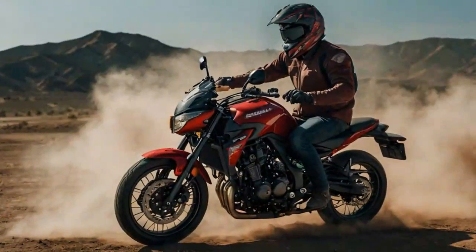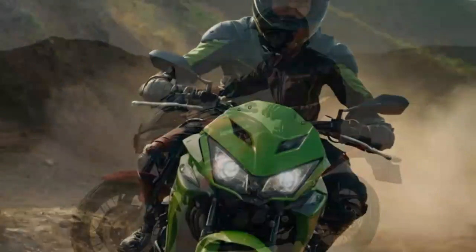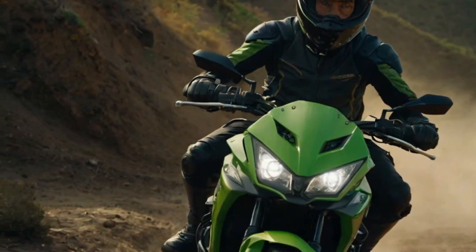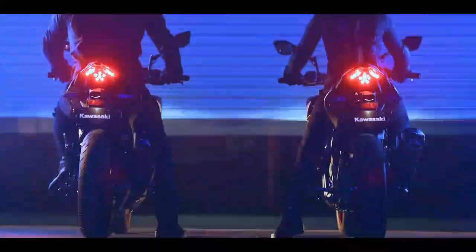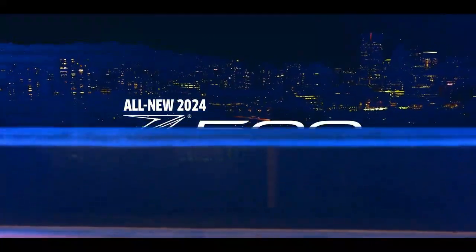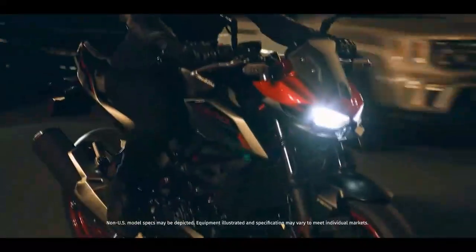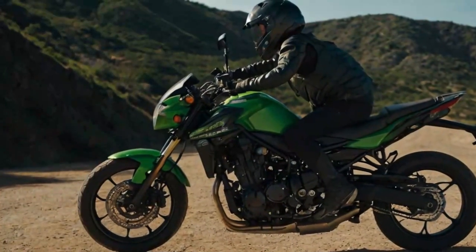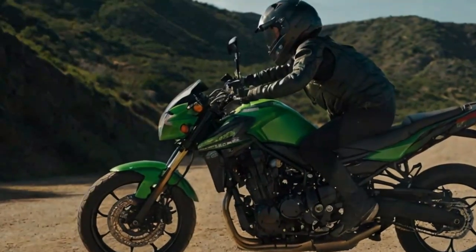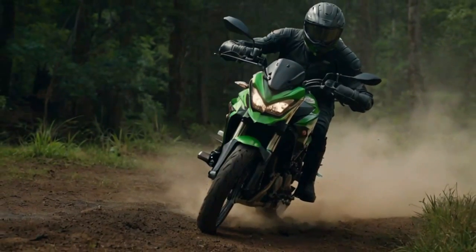Value versus rivals. The closest rival to the Z500 is undoubtedly the Honda CB500 Hornet, the artist previously known as the CB500F. It's telling that the Z is only a few hundred quid less than this hugely popular bike. Clearly, the Honda was firmly in the Z's crosshairs. Kawasaki's 4-year warranty is worth a mention here too, offering a strong long-term ownership proposition. Other competitors include the surprisingly high-quality Kove 450 NK, and smaller nakeds such as the Yamaha MT-03 and KTM 390 Duke. As standard, the equipment list includes an LCD screen,